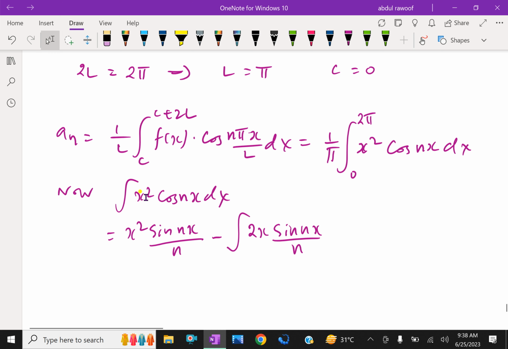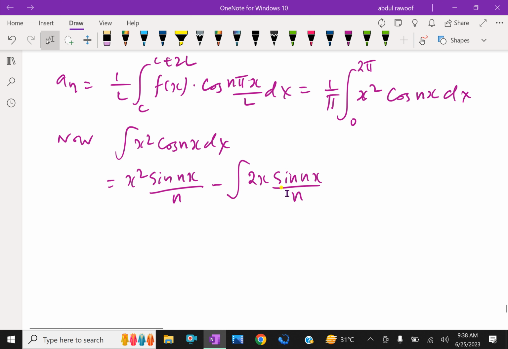Further, we have to integrate this one more time. Look at here, equal x² sin nx over n